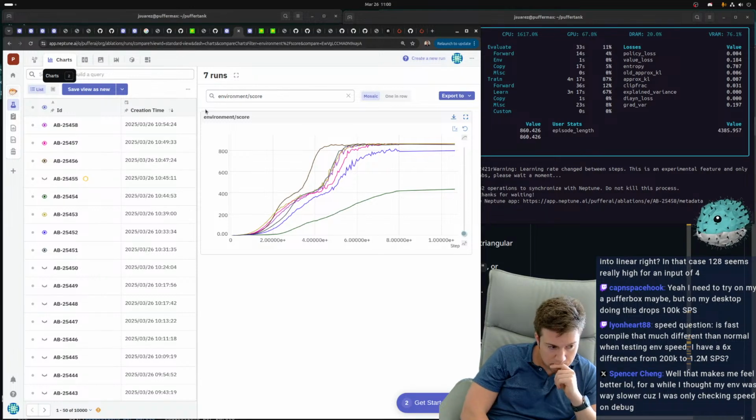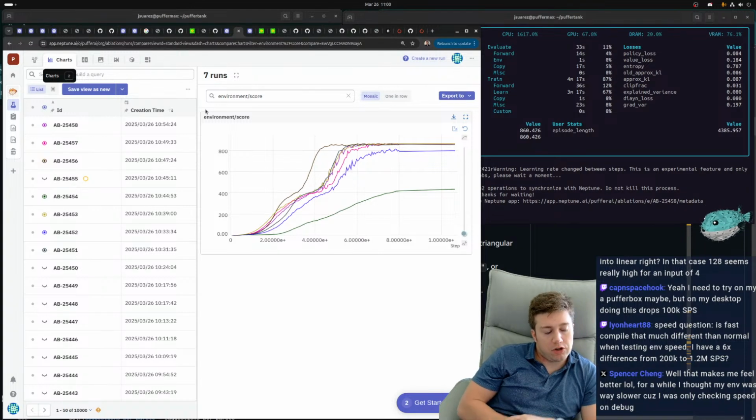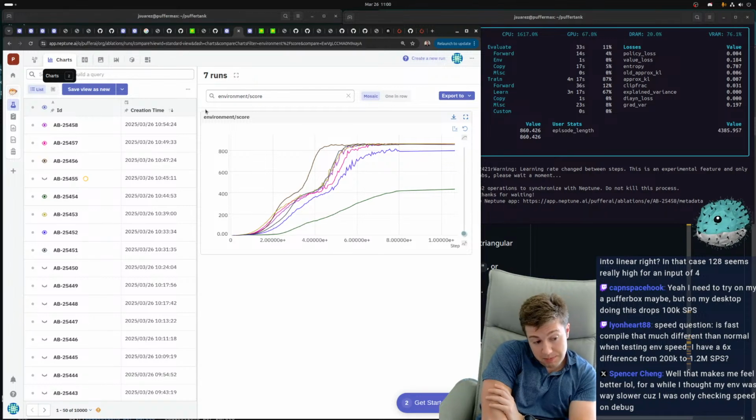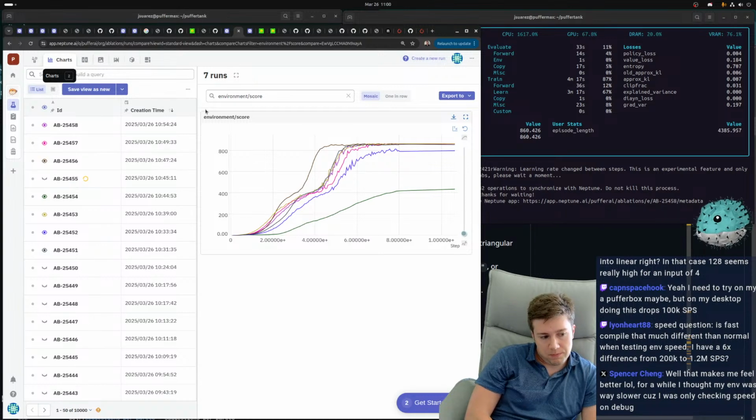Ooh. Okay. I see how this is. Time is it? 11. I think what I'm going to do is go think about this for a bit. I'm going to get some exercise in, get some food, and then we're going to come back. We're going to implement gradient accumulation, and we're going to try that out. So that'll be a new feature.